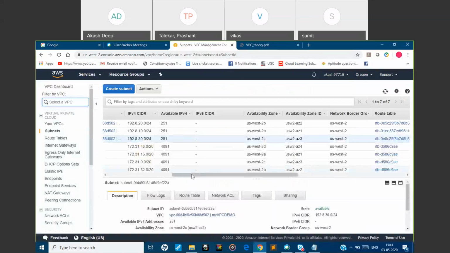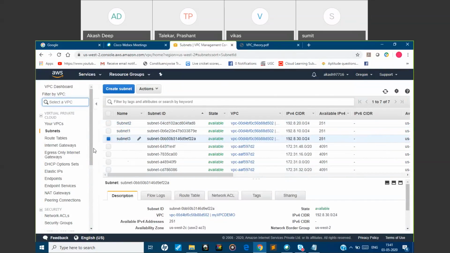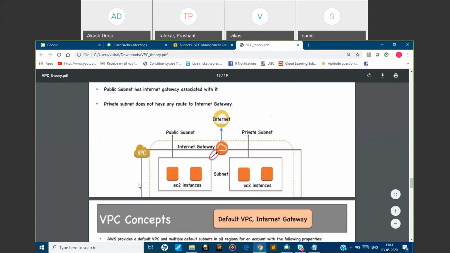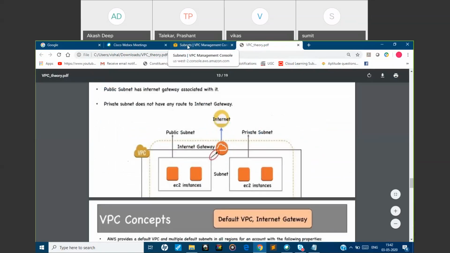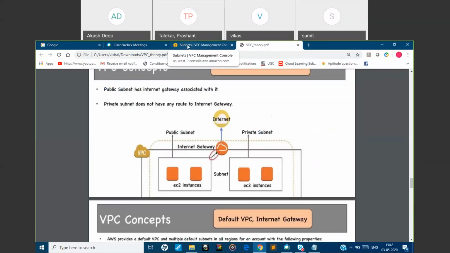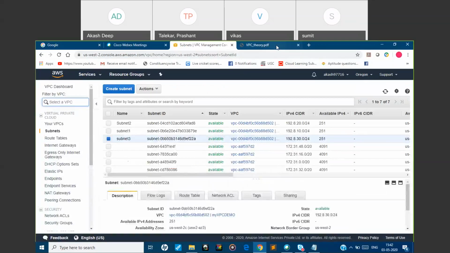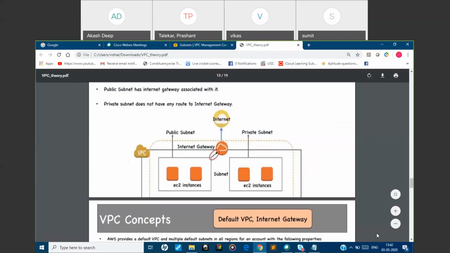So till here you understood, right? What all the things we did. Yeah. So now this is done. We had created a VPC, we had created a subnet, we had associated an internet gateway with the VPC, and we had associated a route table with the internet gateway to make the subnetwork public. You know what is public and what is private, right? Up to here, crystal clear. Now for the next step, we will be launching EC2 instances in the subnetworks.